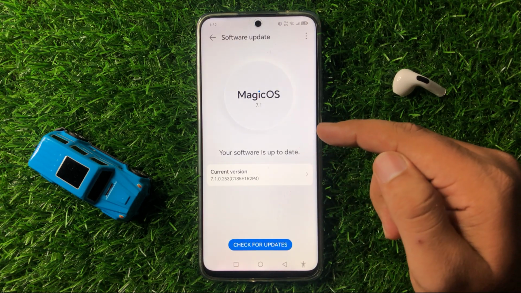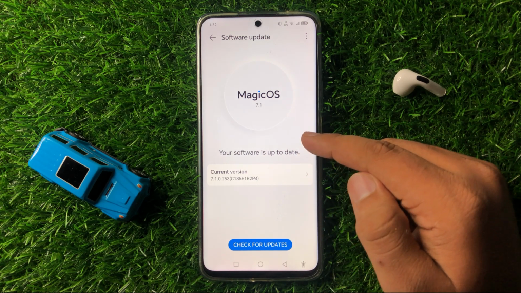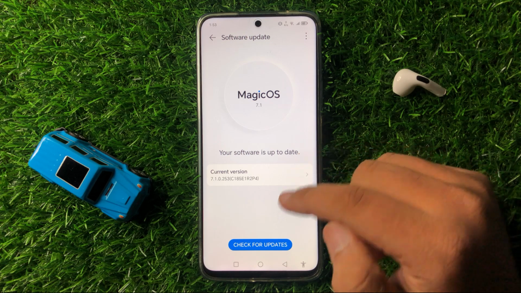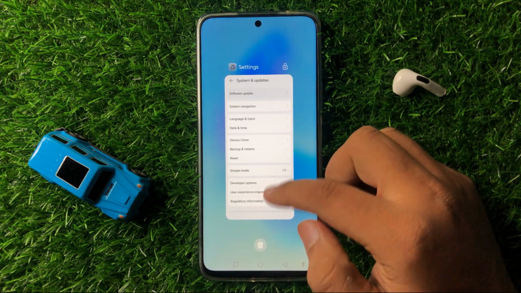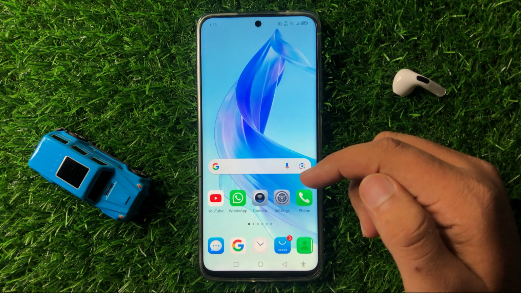So if your phone is not updated to the latest version, then update your phone, and after updating your phone it will fix the camera distortion issue. So that's how you can fix the camera distortion issue on your Honor